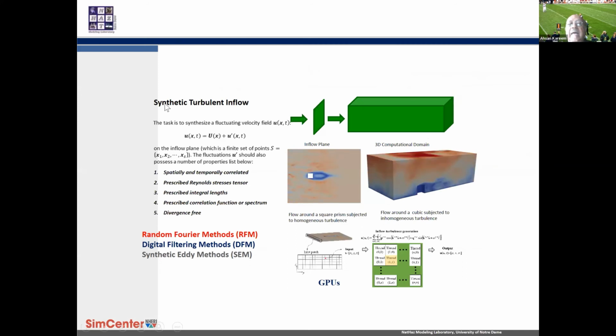Here comes a synthetic turbulent inflow. There are various ways to create turbulent inflow. Some of them result in duplicating what we do in the wind tunnel: let the flow self-develop over certain roughness, but that's more expensive and time consuming. So we take advantage of synthetic turbulence by combining stochastic simulations with some fluid mechanics to make sure that our flows are divergence free. There's a list of models, and we have